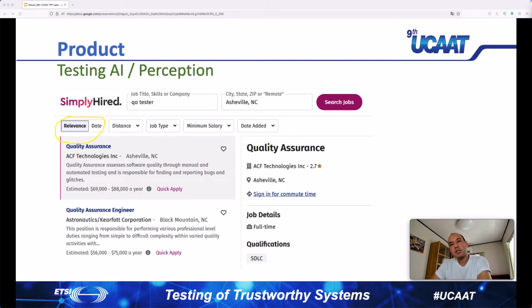Suppose that we have a sorting algorithm in our system. Understanding if the sorting works well according to dates, like if some elements are posted on different dates, and when we apply the sorting they are properly sorted from oldest to newest or the other way around, we can do that easily because we can just check the date attribute of each element, and then we can assert